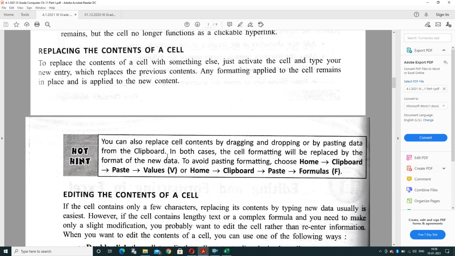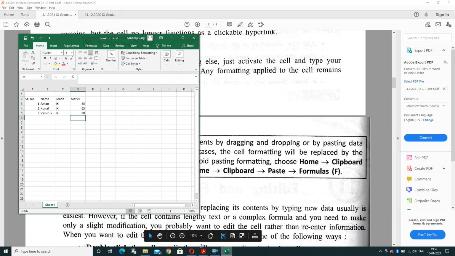You can also replace cell content by dragging and dropping or by pasting data from the clipboard. Suppose I have the value 76 here, and I want to change the value 90 to 76. I'll select the value, copy it from here, and paste it here.